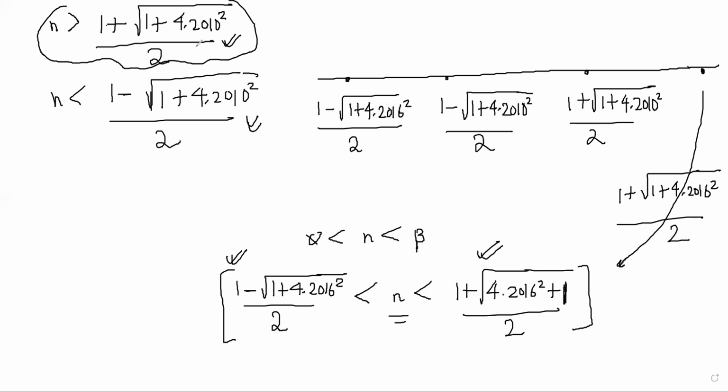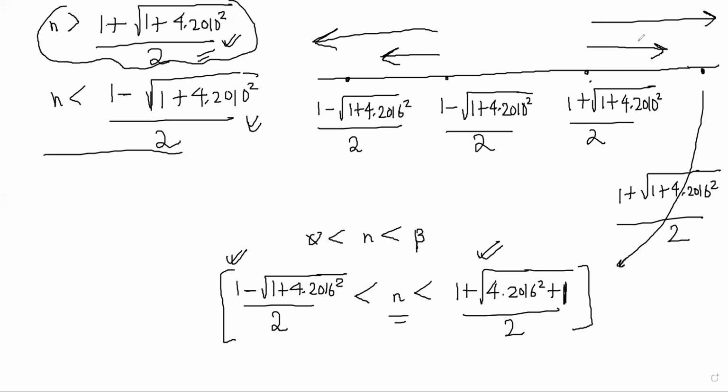n has to be greater than this number, right? So where is it? This is here. Third number. n has to be this side of that. n has to be lesser than this number, lesser than this one, lesser than this one. This was what my first inequality was saying: either it is lesser than this or it is greater than this, right? And now my second inequality is saying it is in the middle of this and this, right?